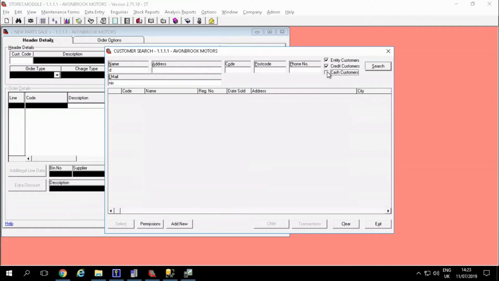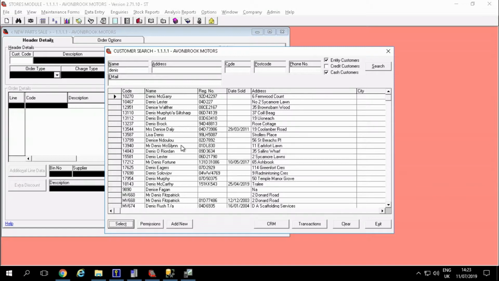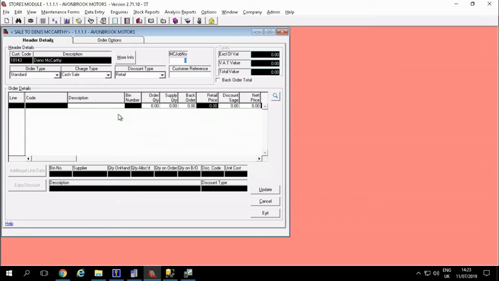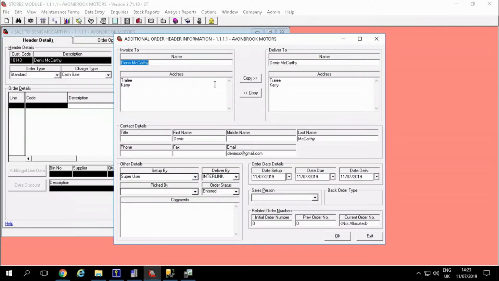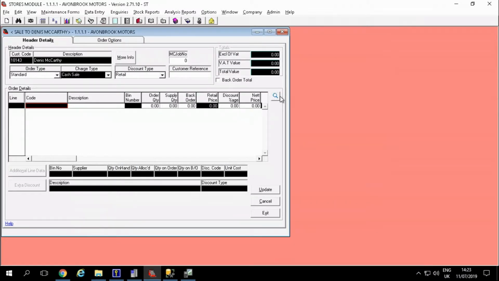Just a cash. Okay, so I've got all my details here. I can just press OK on this. If I click now on my magnifying glass on the right of the screen,